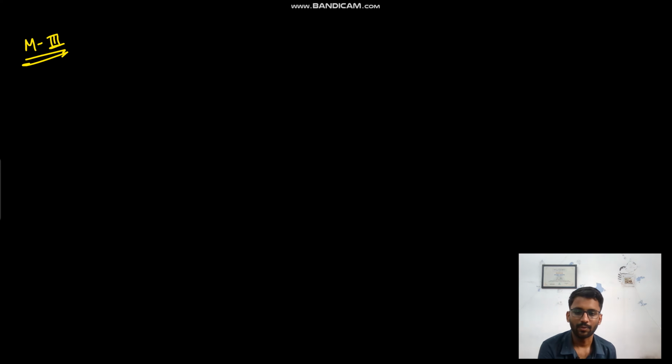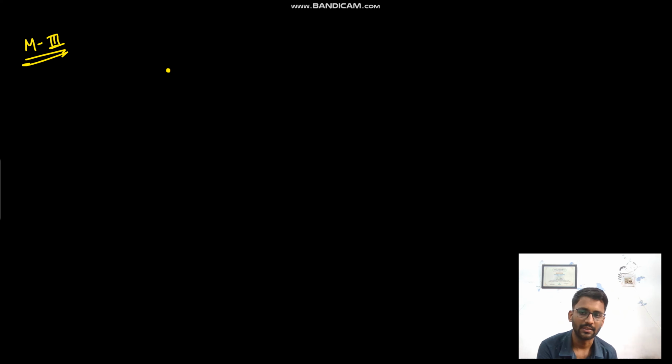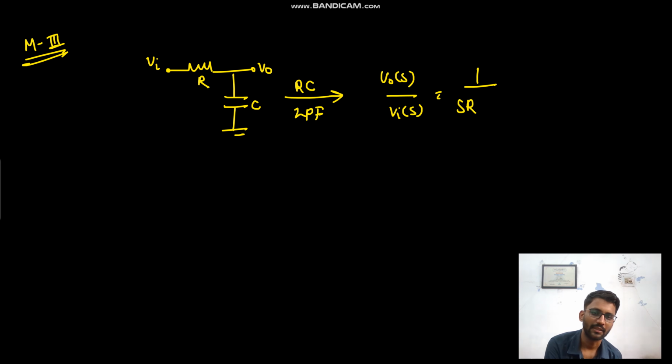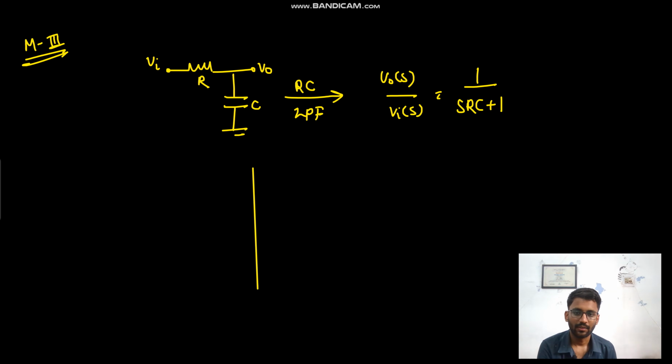Method third. Okay, so method third, again the circuit that we had, this was the circuit we had, RC. This is V naught and this is V in. This is what? RC low pass filter. RC low pass filter. So your V naught S upon V in S is 1 upon SRC plus 1, right? So again,